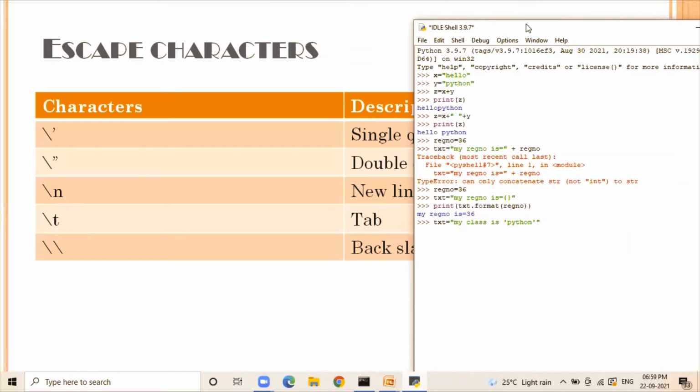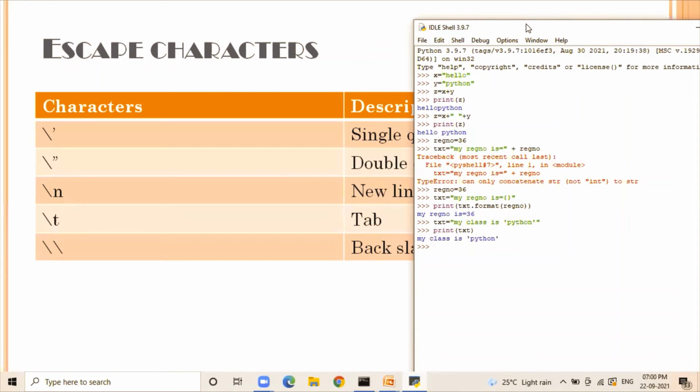And when you do this, if you try to print the value of text, it is not highlighted, because the string in Python also uses the single quote way of representation.